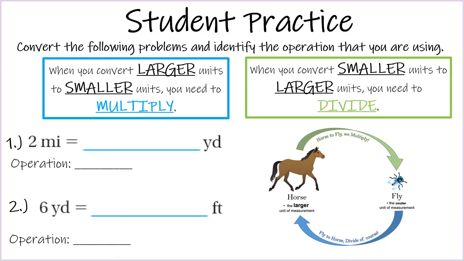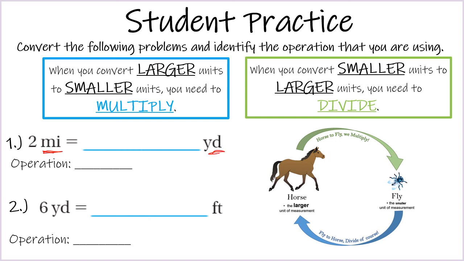Okay, we're going to do a couple problems here together. So remember, when you're converting a larger unit to smaller unit, you multiply. That's our horse to fly, we multiply. Smaller unit to larger unit, you divide. Fly to horse, divide, of course. So let's take a look at this first one. 2 miles is equal to how many yards? Okay, so we're going from